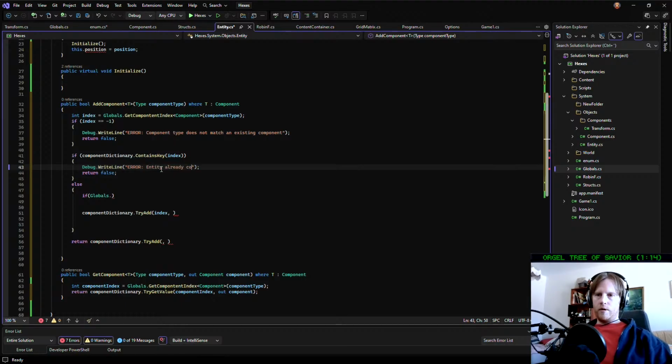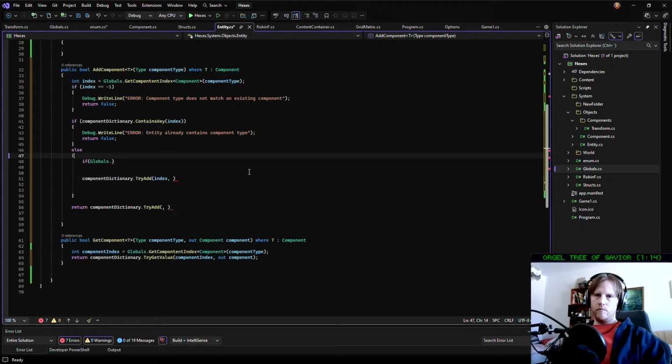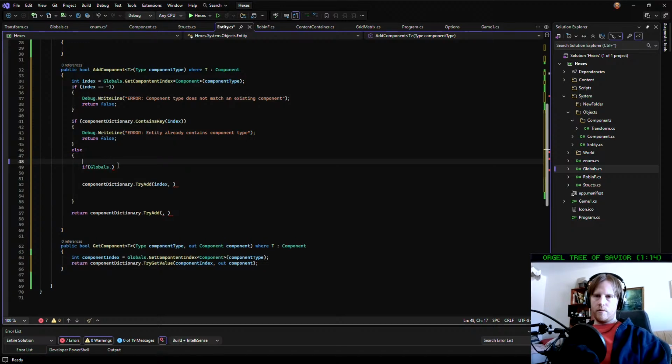Entity already contains component type. Else